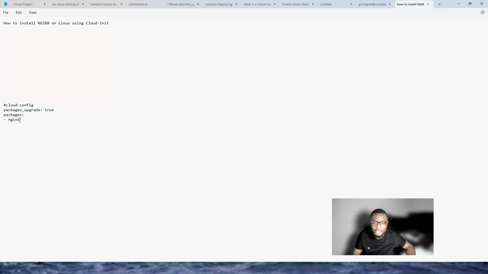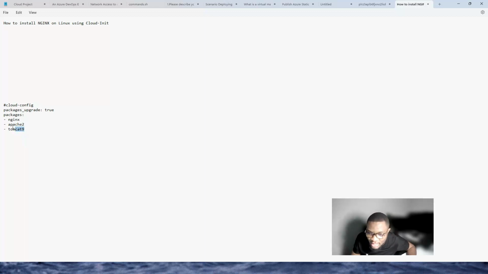We have different applications that we can install with Cloud-Init. If I want to go further to install something like, let's say Apache, I will just go to the next line and I will do Apache. I will define the package, so I will do Apache 2. I can go further, for example, let's say we want to install Tomcat. I'm going to do Tomcat 9, Tomcat version 9. Okay, so this is the Cloud-Init. Very simple to install